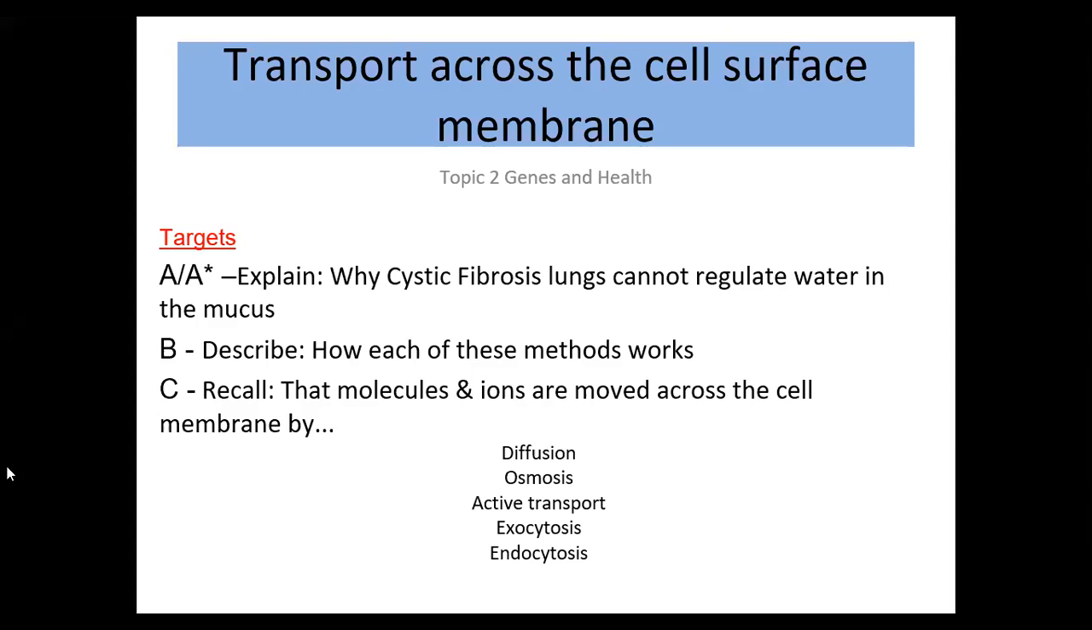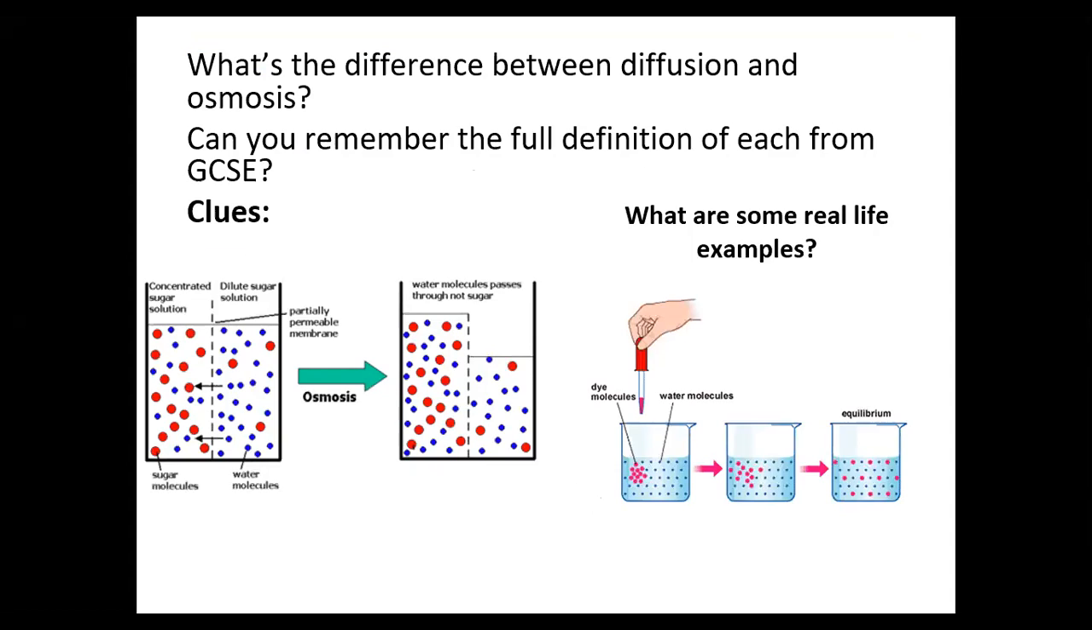Okay, so we're going to recall that molecules and ions are moved across our cell membrane by diffusion, osmosis, active transport, and then the two new ones we're going to look at are exocytosis and endocytosis. So we talked about diffusion earlier. Thinking about the difference between diffusion and osmosis, what's the difference between them, and